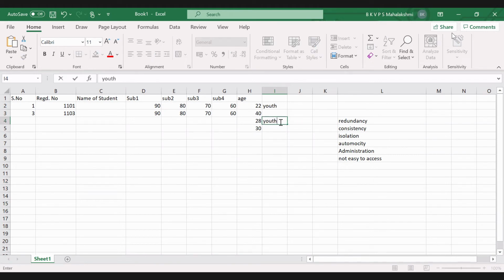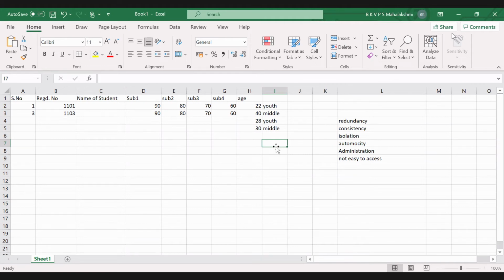Understood now? Yes, ma'am. And 30 and above would be middle. Can we do this in Excel? I think yes. You have to click on FX and type a formula, ma'am.